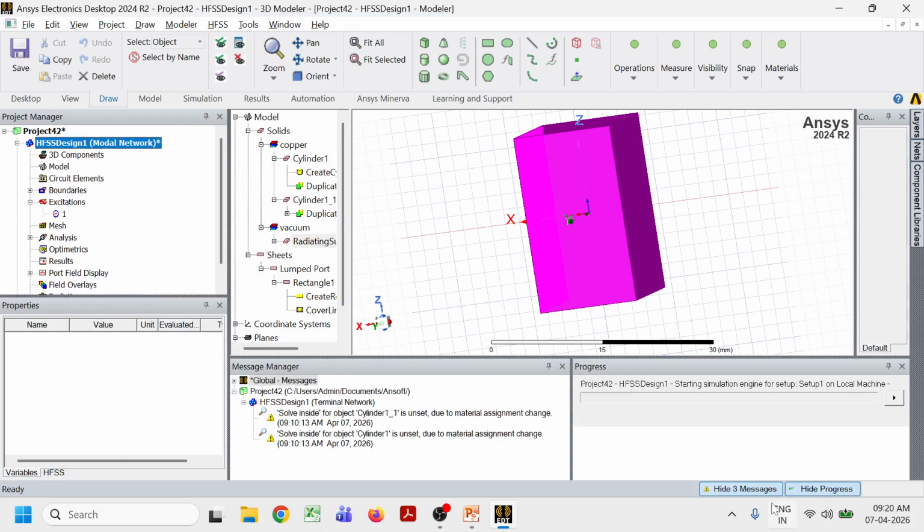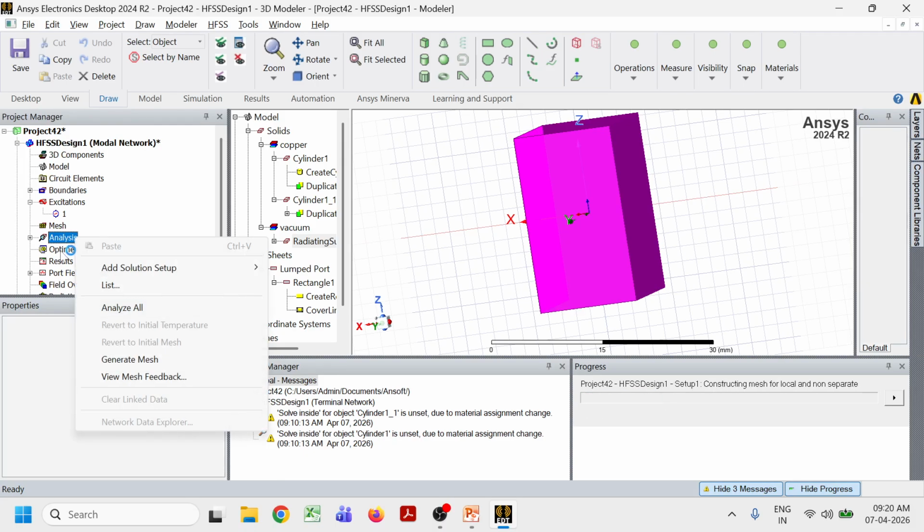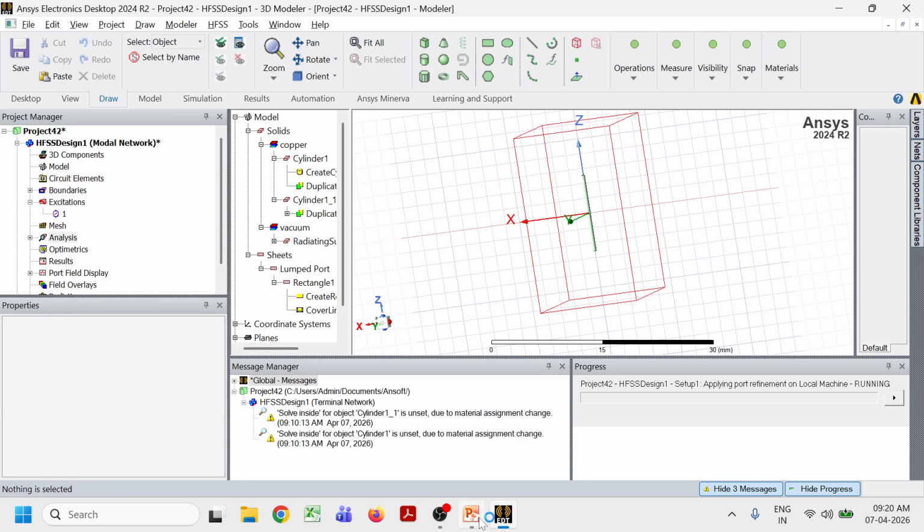Right click at the HFSS design and analyze all. Or you can also do the same over here: Analysis, right click, analyze all. Now earlier I told that we are going to